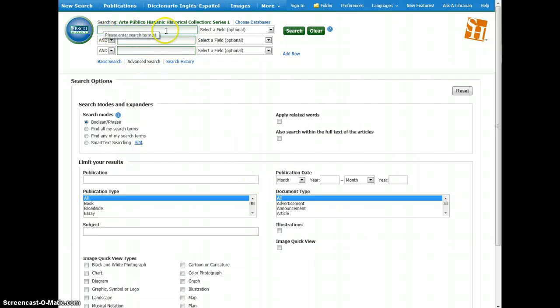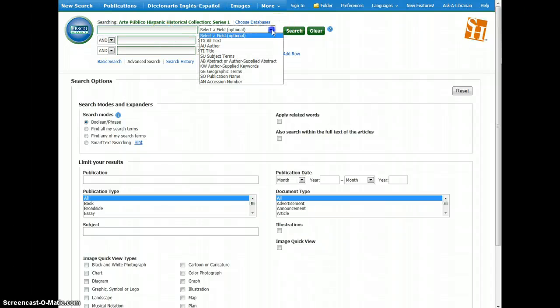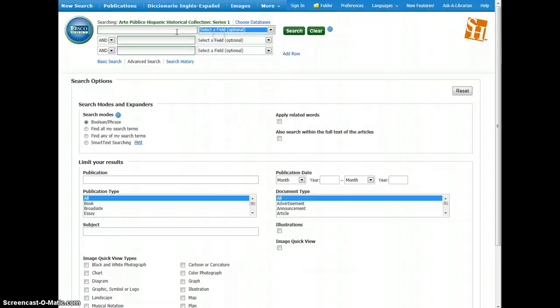Obviously, you have boxes at the top where you can type in the words that you would like to search for. You do have options to search specifically for words appearing in an author's name, a title, a subject term, and so forth, but you don't have to select anything here. You can simply leave that field as it is, and it will just search all of the information for each